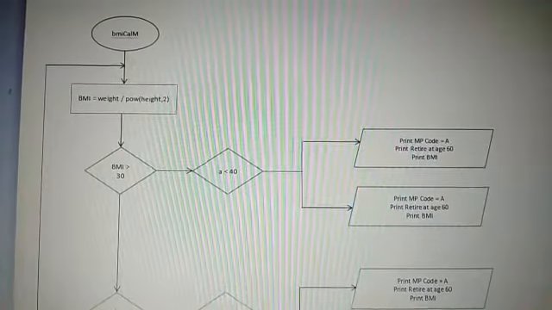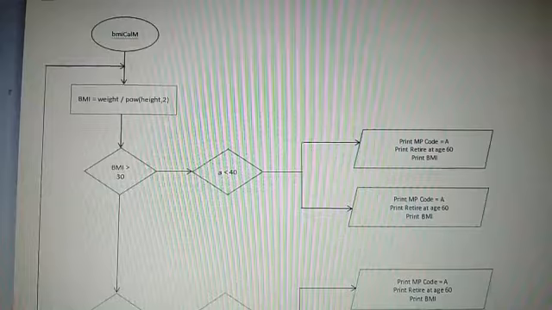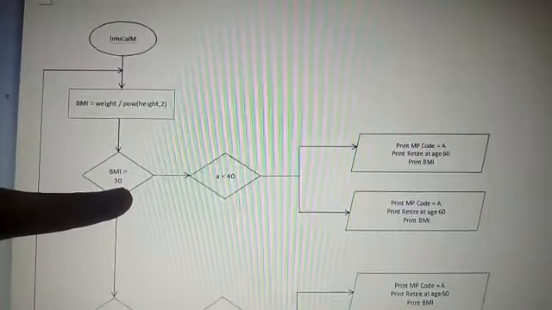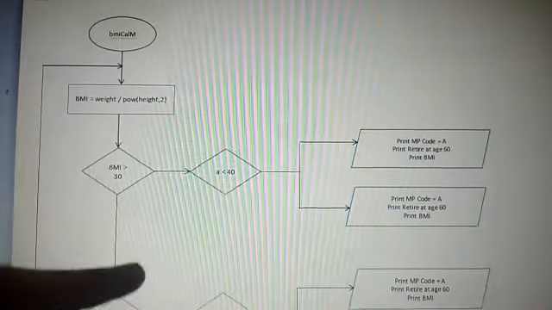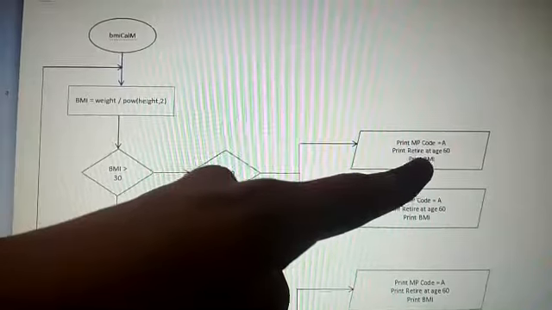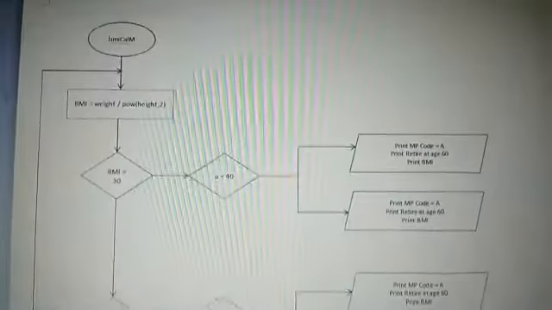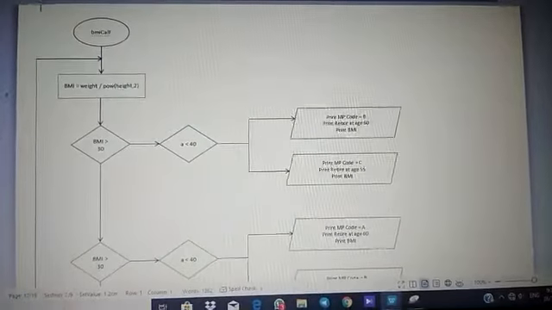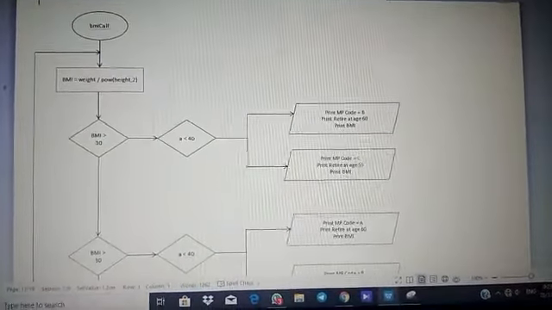Here, the program will select whether BMI is more than or less than or equal to 30, followed by input A to print staff MP code, retire age, and BMI. This pattern of flowchart will be the same for the call function BMI calculate F.